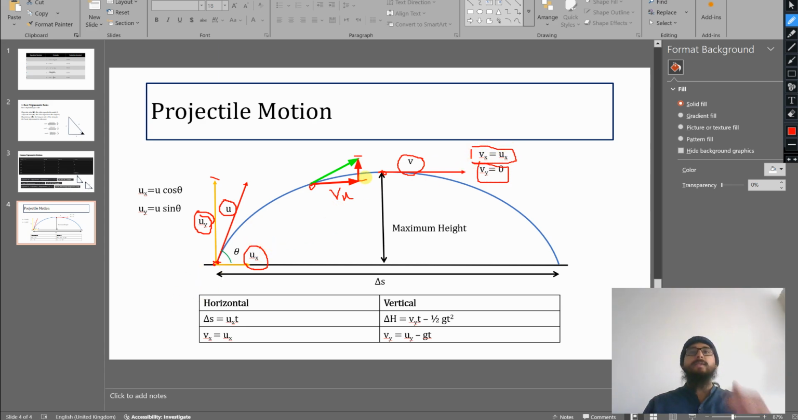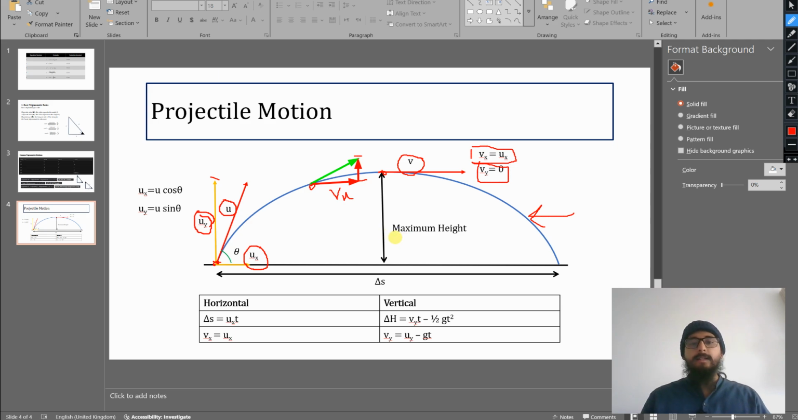So the x component of the initial velocity will always remain the same because there is no opposite force that is retarding it. Okay, so it will always move with constant velocity. The second thing